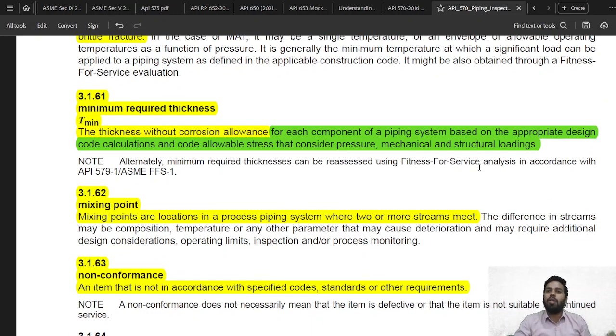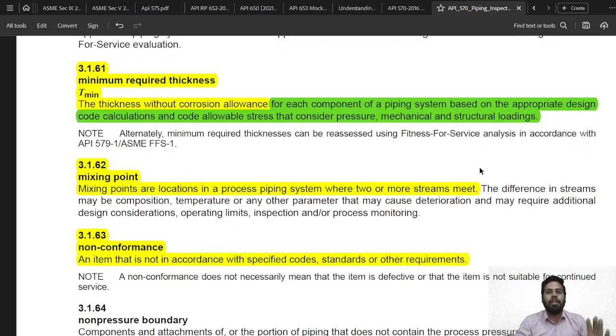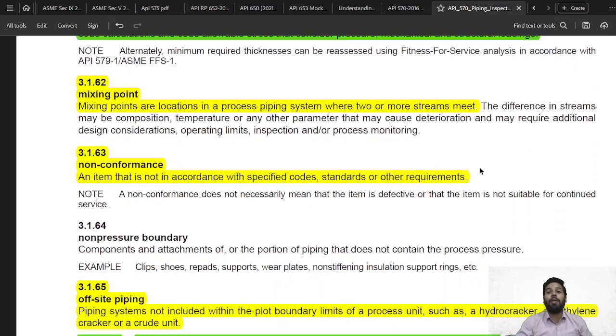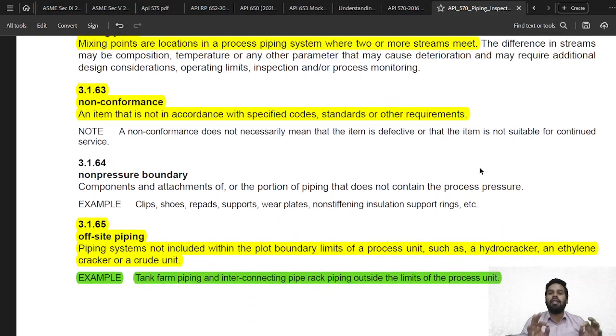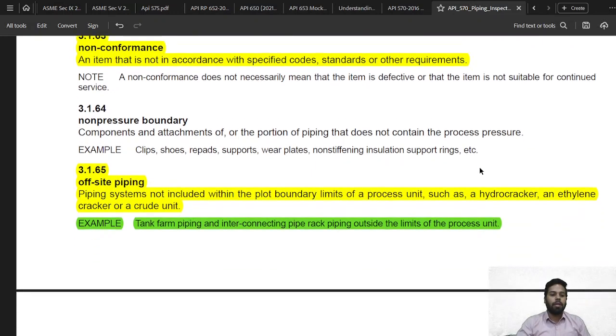Minimum required thickness, again, is the minimum thickness required to sustain the pressure in your equipment. Mixing point is where two flows are mixing. Non-conformance is generally a condition which is not acceptable as per code, standard, specification or something else. Offsite piping,